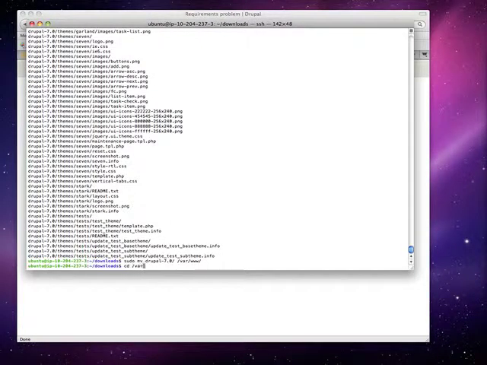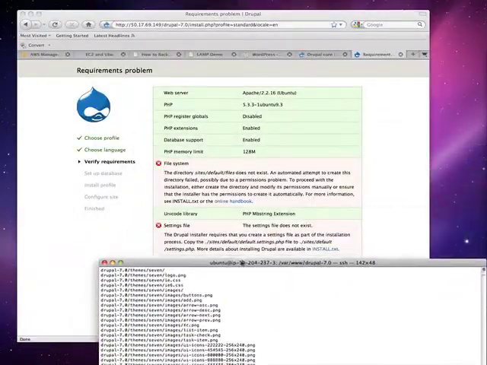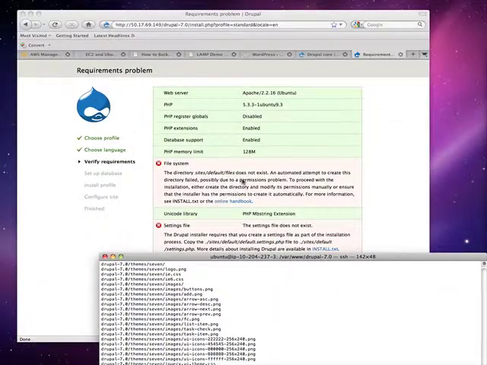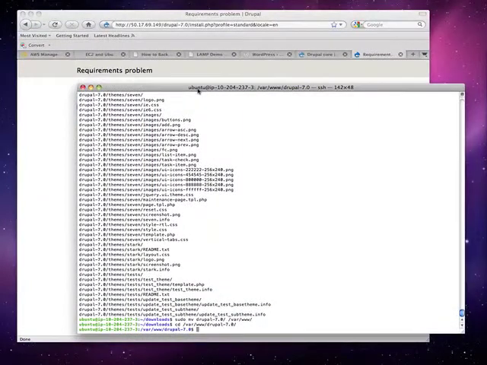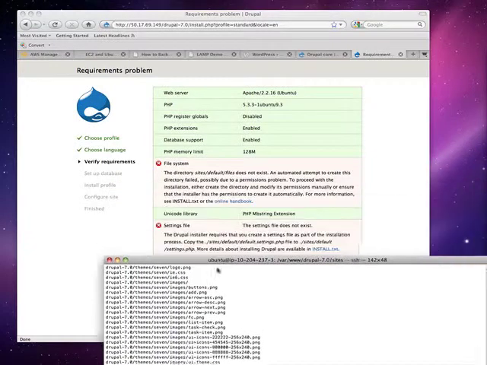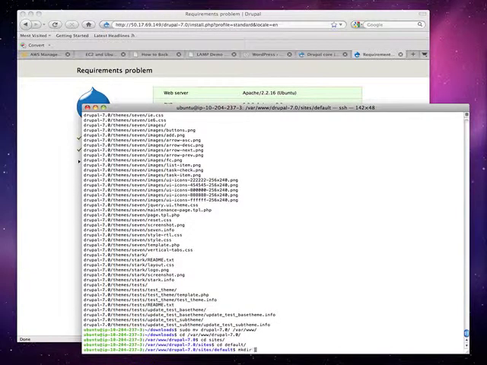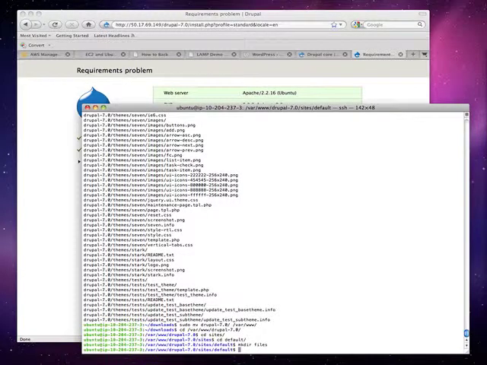So we need to be in. So it's telling me that I don't have sites default files. Had I given it the right permissions, it would have done that to me. See sites, default, files.